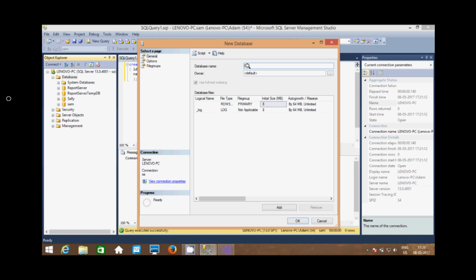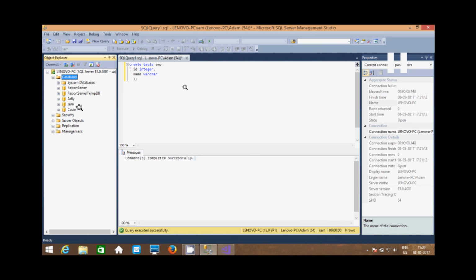Give the database name. I'm going to give Kevin as my database name. Click on OK. Right here, Kevin is successfully created.